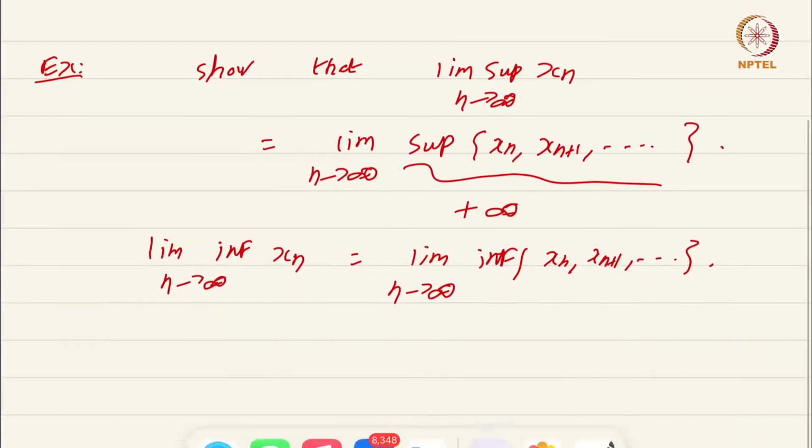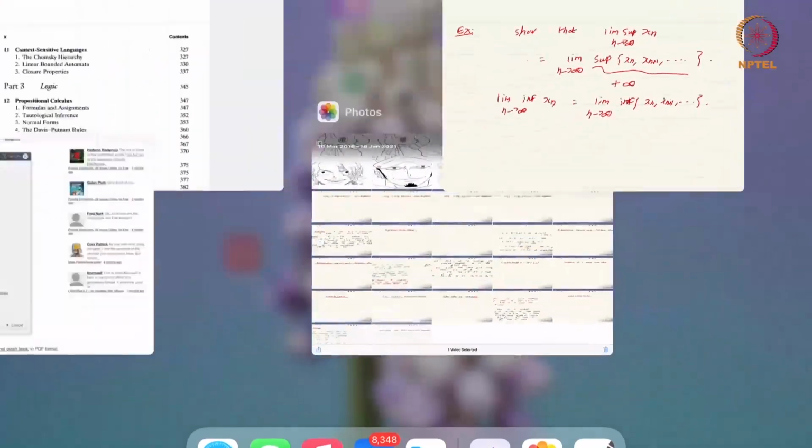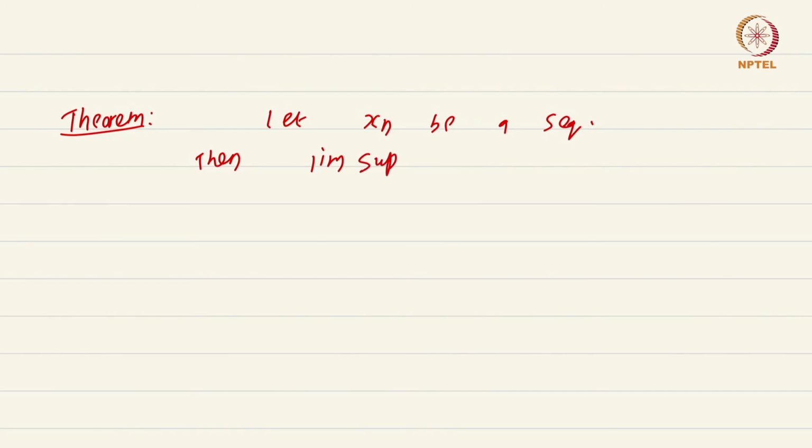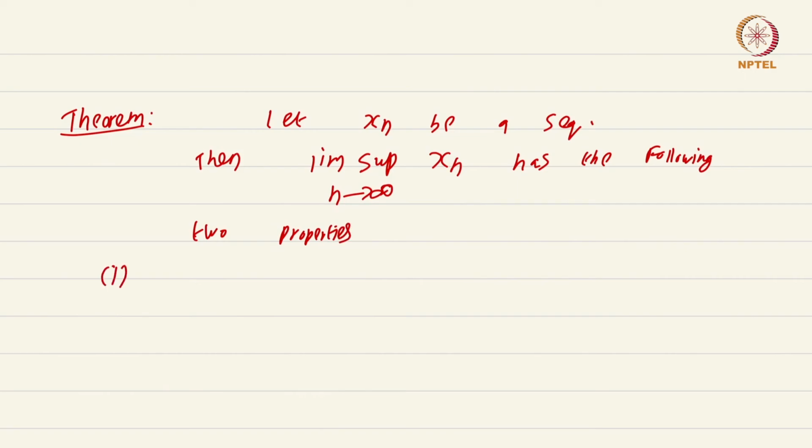Now about characteristic properties, there is a very good characteristic property of lim-sup and lim-inf that you must know. And this formulation is what is used in proofs most often. Theorem: let xn be a sequence, then lim-sup as n goes to infinity of xn has the following two properties. Property number 1,